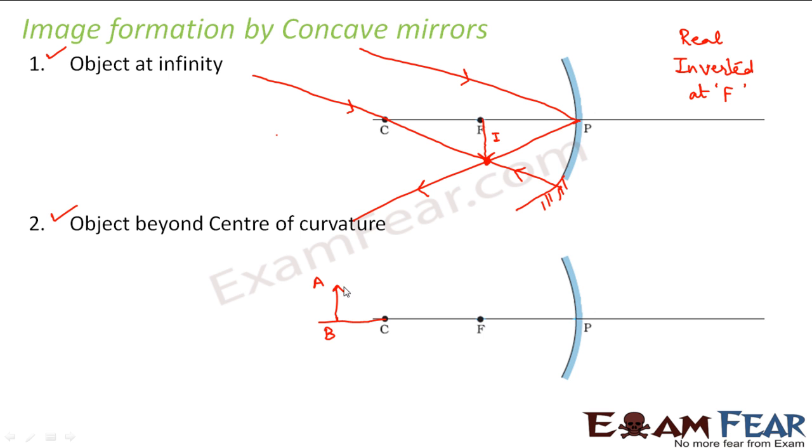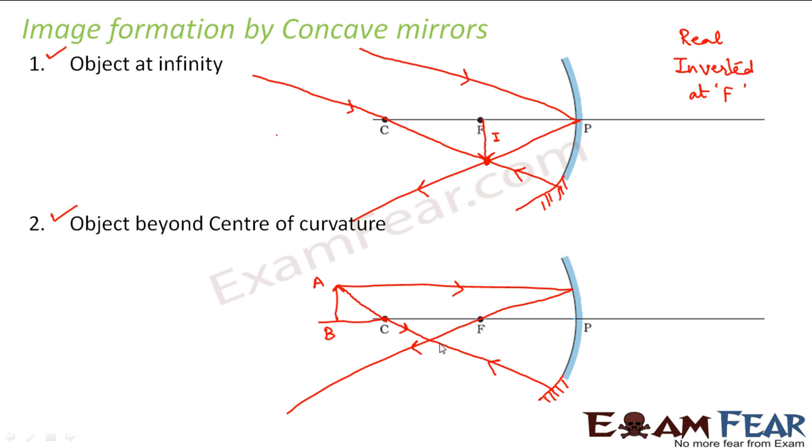It is some object. So now in this case, let us suppose there is a ray of light which goes parallel to the principal axis and falls on the mirror. So according to rule number 1, what will happen? A ray of light parallel to the principal axis after reflection passes through the principal focus. So this is how it will go after the reflection. Now let us suppose there is another ray which passes through the center of curvature and falls on the mirror. So what will happen to this ray? After reflection, it will retrace the same path.